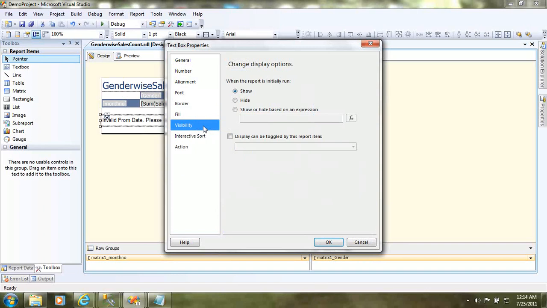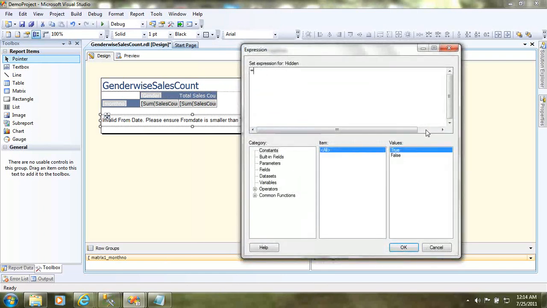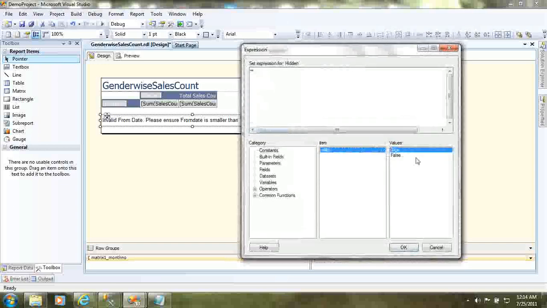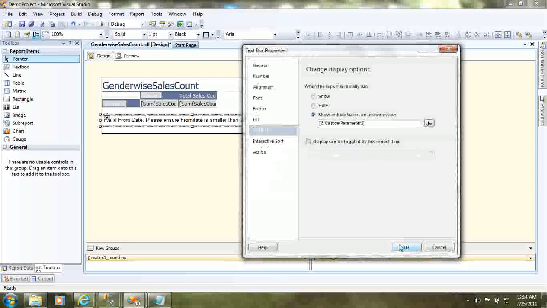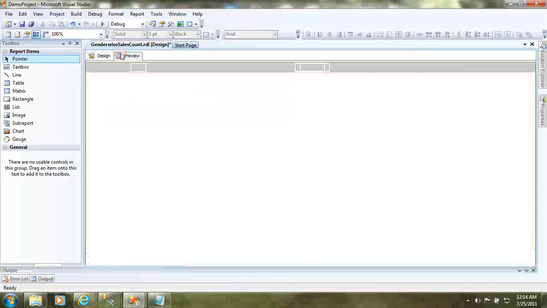The same stuff that we have done for hiding or unhiding the sales count column, I will be hiding this based upon my parameter value, custom parameter 2. I have selected it, custom parameter 2, and say OK. So the visibility is set. So now if we run this,